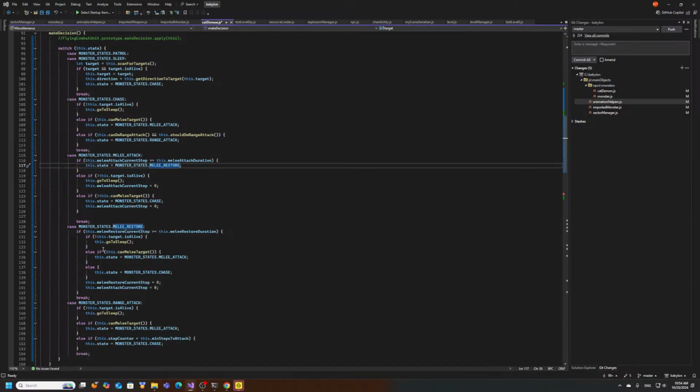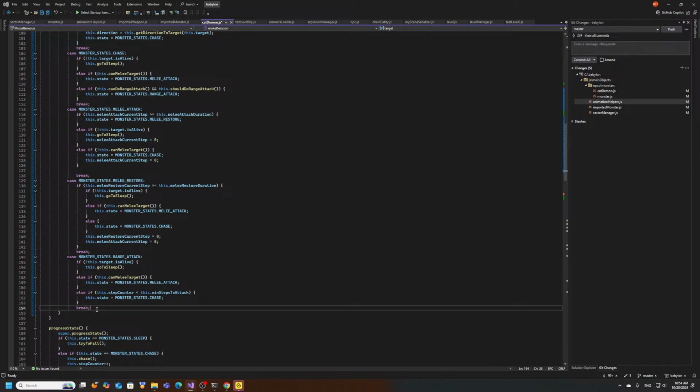Okay, it's back to chase. Melee restore. Okay, just go to sleep. If we are okay here, if can melee target, melee again, if not, just go to chase. Okay, so here we are adding new entry,